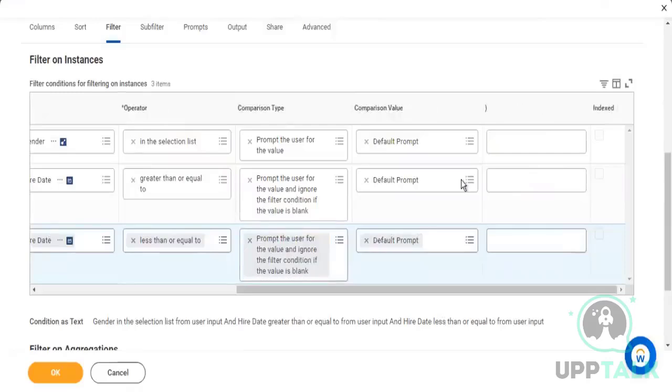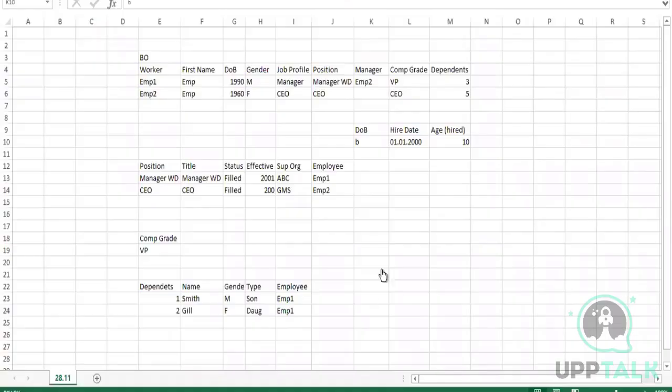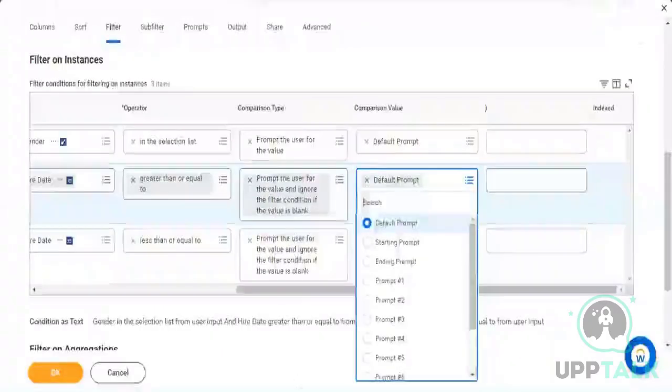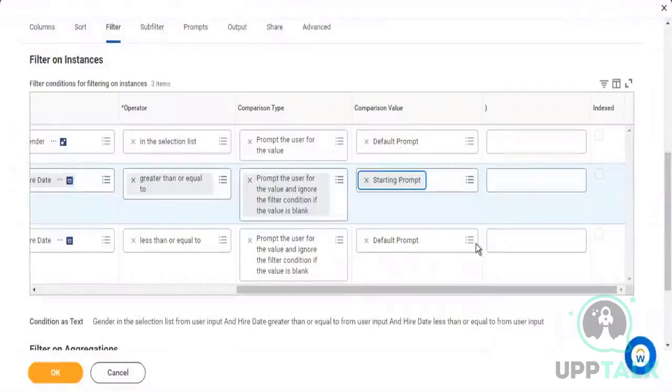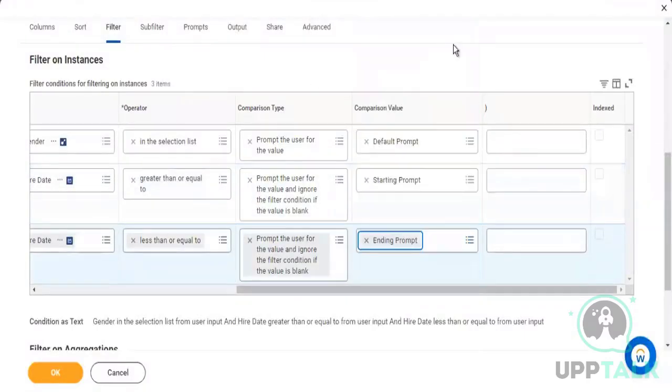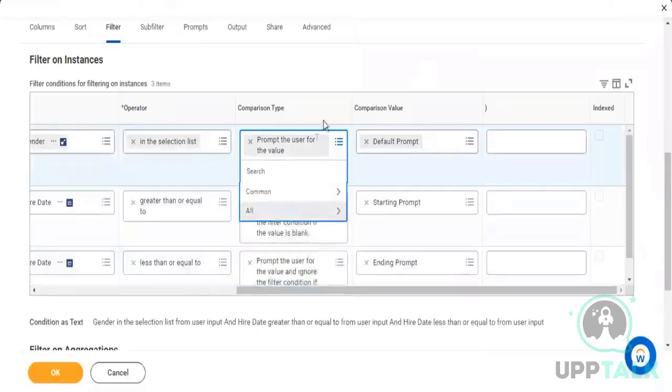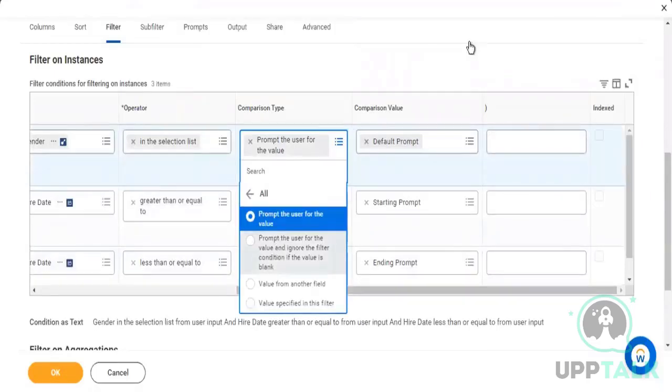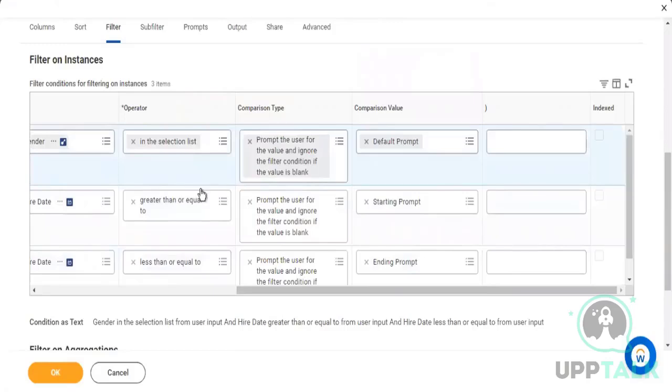Okay, so once again, I'll make sure that both the prompt selections are non-unique. I'll go back here and I'll select the same option here. Okay, this time when I run this report,